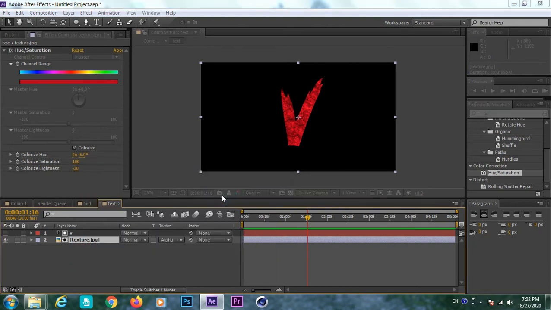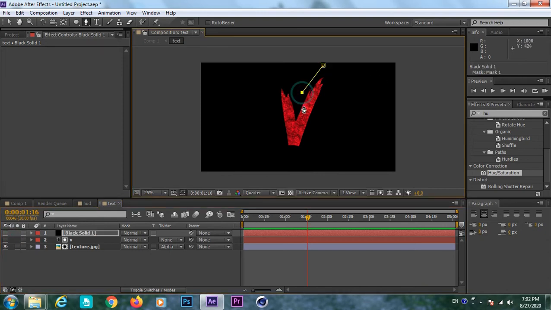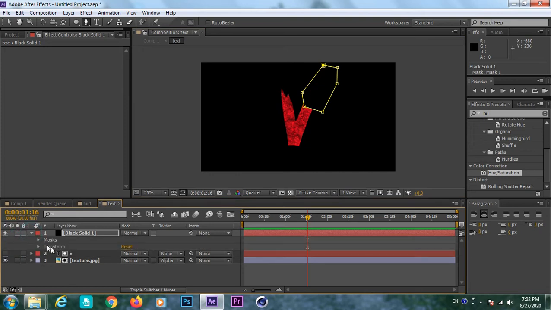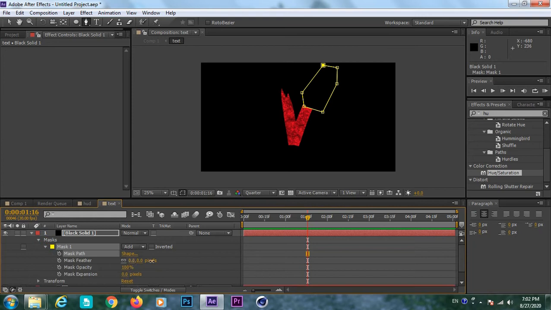Now look, I keep a new solid for the gradient on the topmost V, that you can see in the corner. I select the masking tool and mask the area where I want to feather that shady, or shadow like thing. So you can see the black overlay on the last part of the V. Okay, now I feather this to about 97 percent. You can say 97 percent or 90 percent, you can keep it. Okay, I keep it to 90 percent, I think.